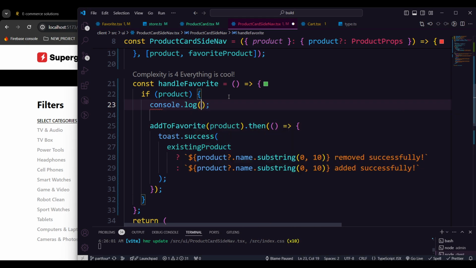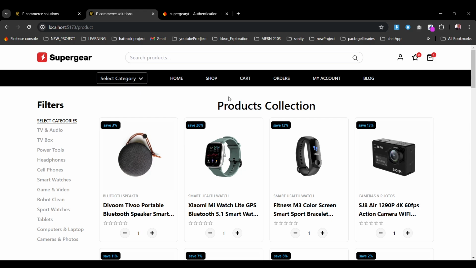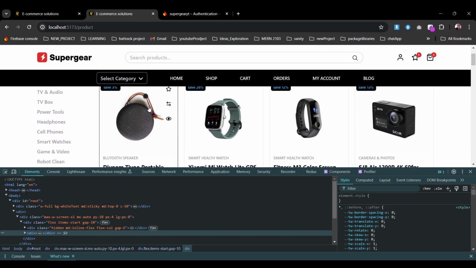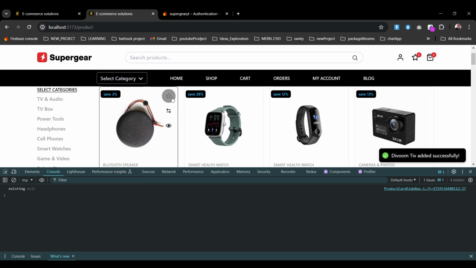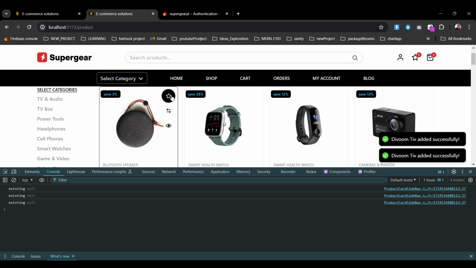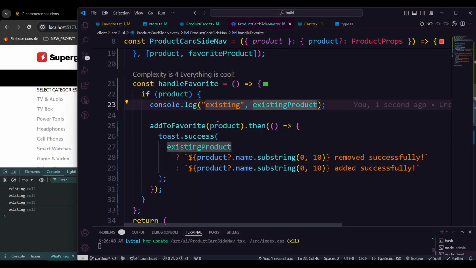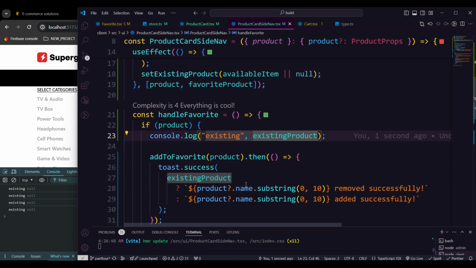Let's see. It should be existing. Okay, console. Now if we click, existing is null. If we click, null, so it means it's just passing that adding. So we are not getting any existing product, which means it's not adding. And why it's not adding, let's just go and, okay,